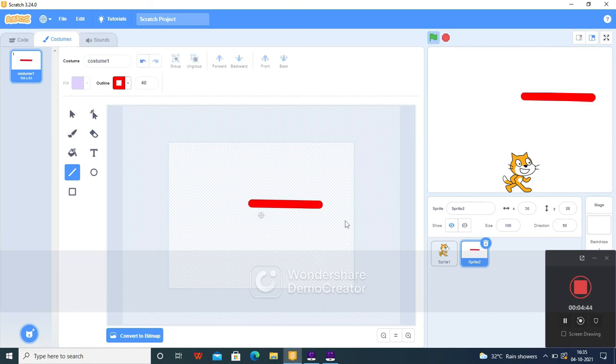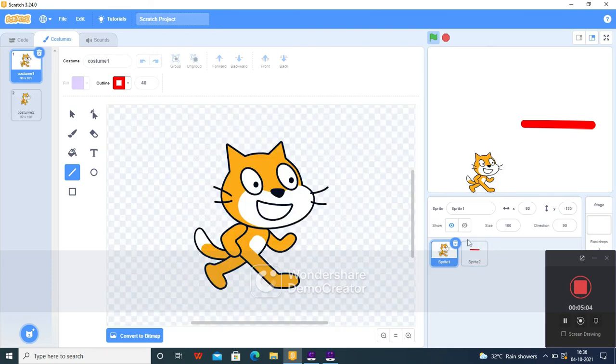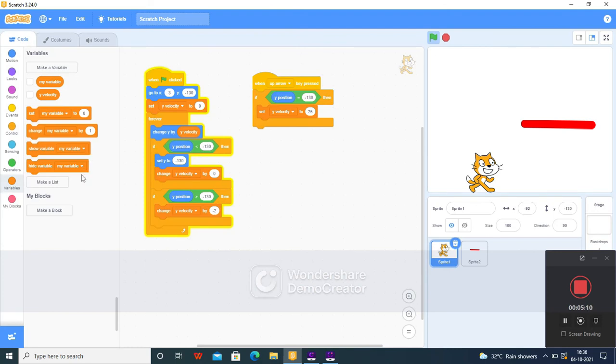Now let's draw this. It's too high, right? Let's change it. I think this is also not possible. Whichever position you want, you can directly set it. Now I think it will be able to jump over there. Let's come back and give the code for the rest. Let's stop. Okay, it can jump, right? But it's not moving to the left and the right.